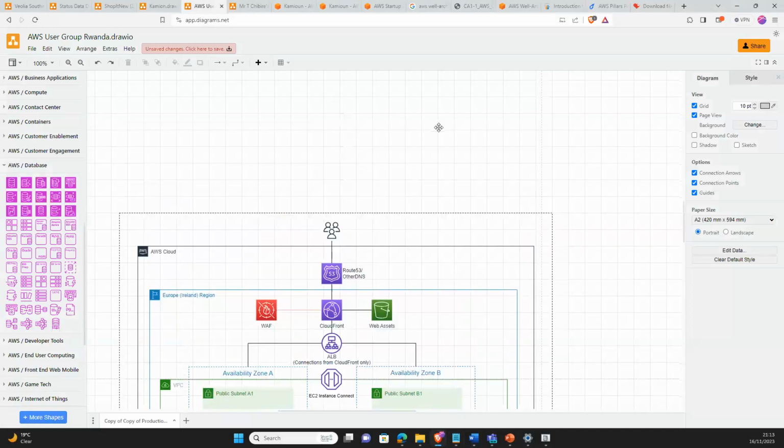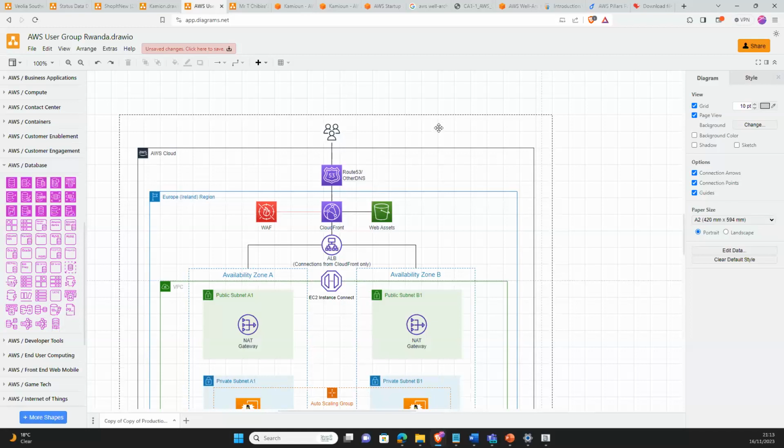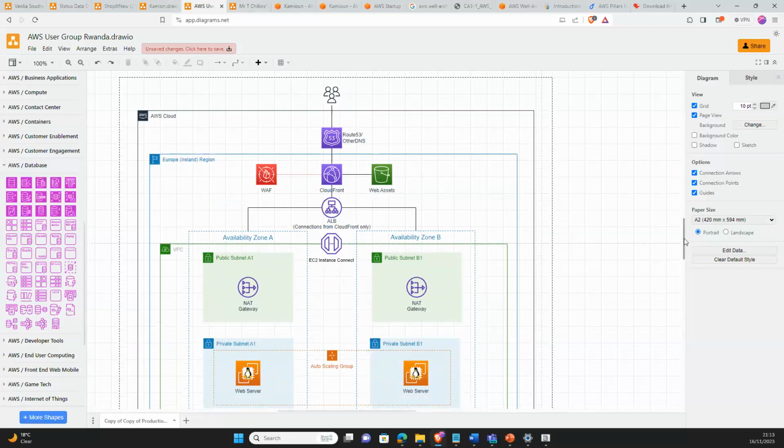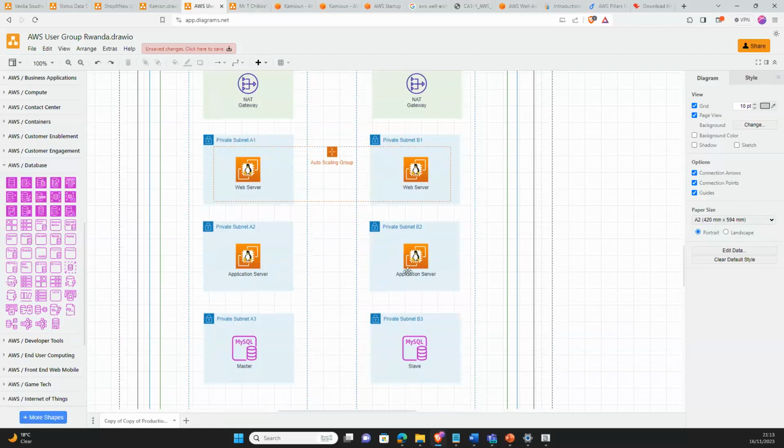And now here is what I've designed in line with what is required. So first, we need to understand XYZ, it's a 3-tier. They want a solution that is a 3-tier, right? So the web server is different from the application layer, from the data layer.